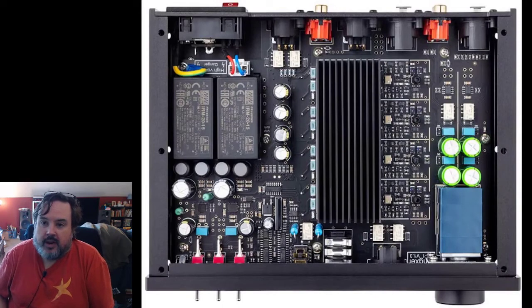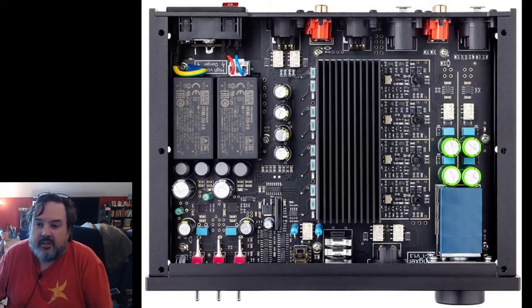So basically, I don't have to open it up. I found a picture on the internet, so we're just gonna look at that. It's probably better than my camera that can't really focus that well, so we'll just go with that. So the first thing I notice is that when the power comes in,